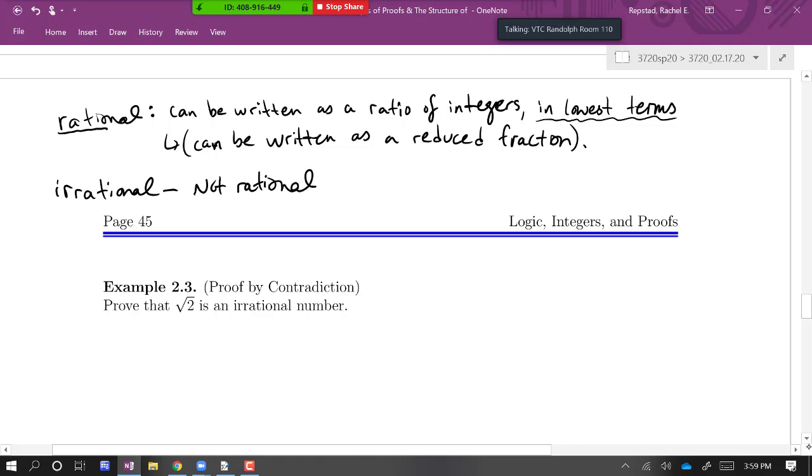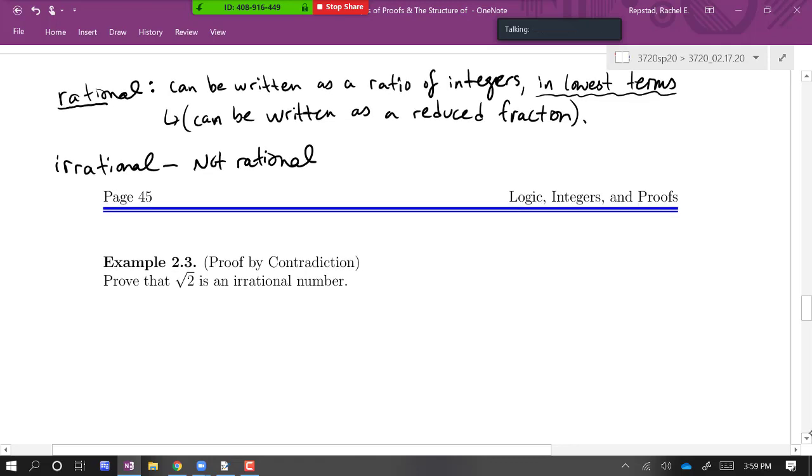So that's just a little background that we need. And then we're pretty much ready to go. So we're going to prove by contradiction that the square root of 2 is irrational. If we're proving by contradiction, we're going to start out by supposing that it is rational. Let's suppose, for contradiction,